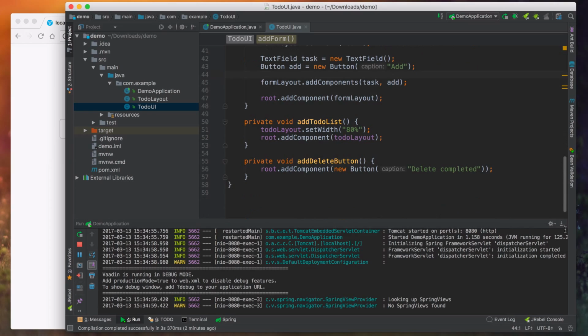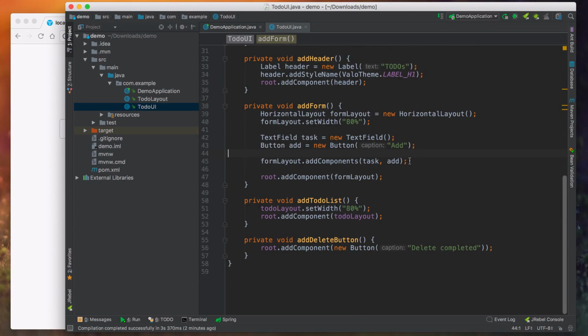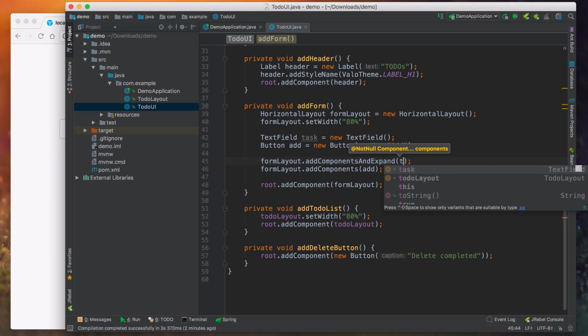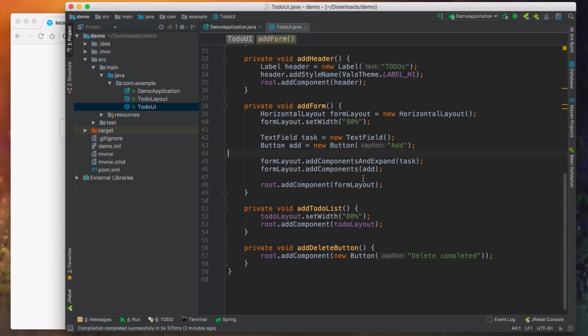In Vaadin, what we use is expand ratios. So instead of just adding the components to the layout like this, we can actually use another API called addComponentsAndExpand for the task field, and then just add the other component. The addComponentsAndExpand will instruct the layout to give this task text field all the extra space that's available in the layout. So in our case, anything that the button doesn't need explicitly will be given to the text